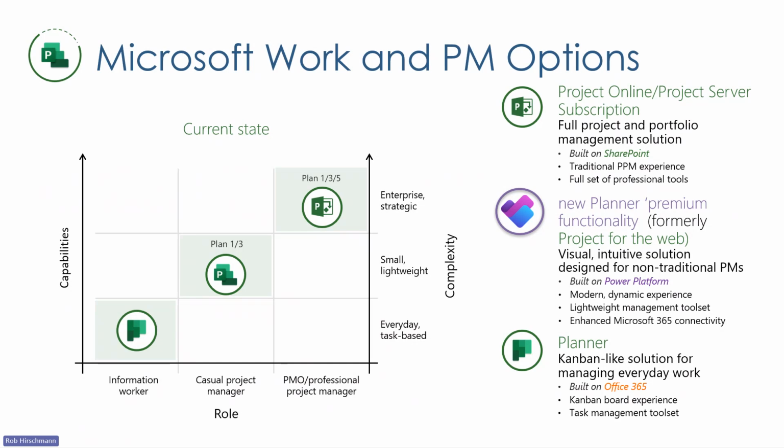They still need a tool, and they find project management tools to be overly complex. And that's really where the New Planner Premium is focused on that marketplace. And it gives you the ability to add on functionality using something called the Microsoft Power Platform. Finally, at the top, Microsoft offers its full project and portfolio management solution, more akin to an IT PMO, enterprise